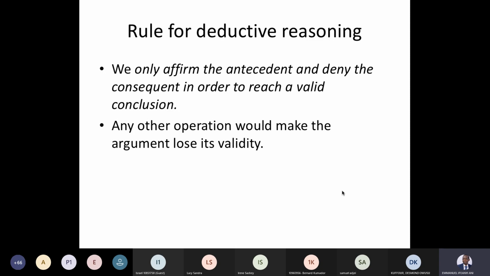Now, having seen those 4 kinds of arguments, it is time to look at the rule for deductive reasoning. What is the rule for deductive reasoning? The rule for deductive reasoning is that we only affirm the antecedent and deny the consequent in order to reach a valid conclusion. So the only valid arguments are the ones that affirm the antecedent and the one that denies the consequent. So if you go back,